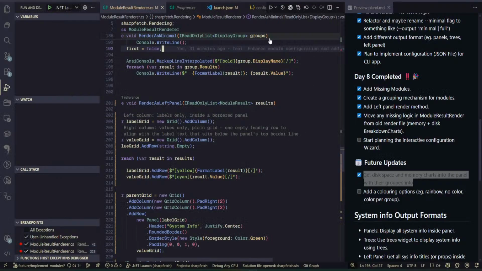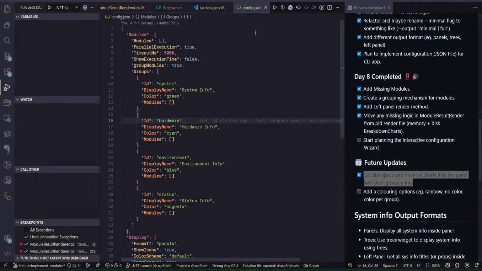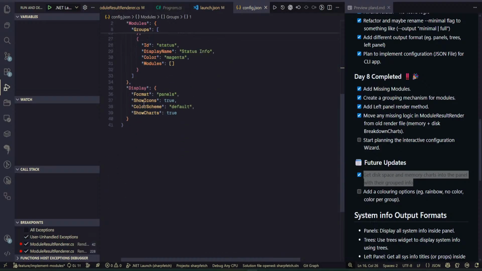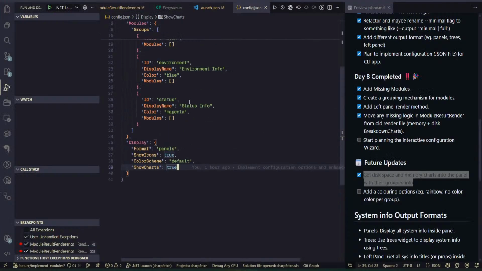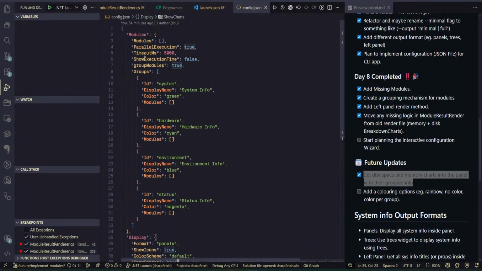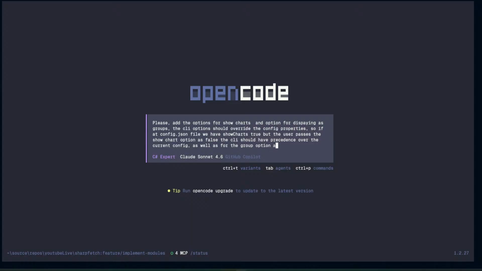I think that's how we call it here, right? Yeah, show charts. And group modules